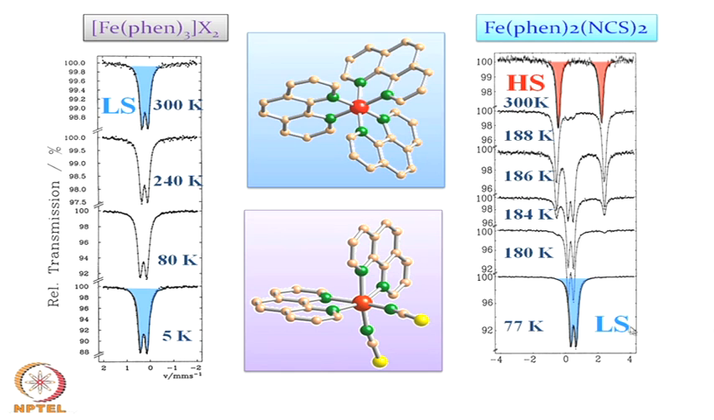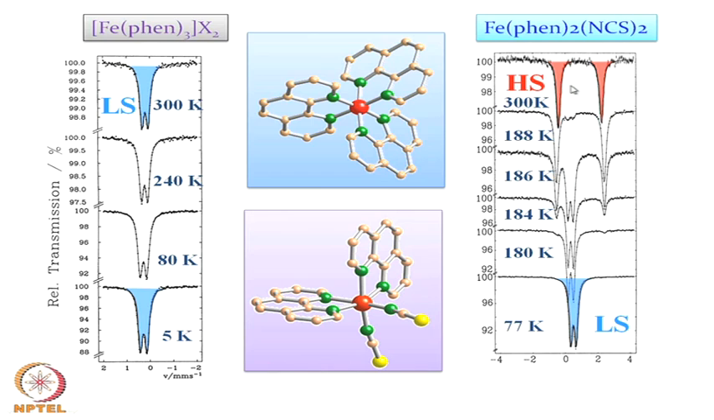So, the molecules were entirely low spin at low temperature, at liquid nitrogen temperature. As we raise the temperature, some of the low spin molecules are transforming to high spin and they are in a dynamic equilibrium. That is why we are getting the signatures for the 4 lines in the Mossbauer spectra, 2 for the low spin species and 2 for the high spin species. And as we move upward